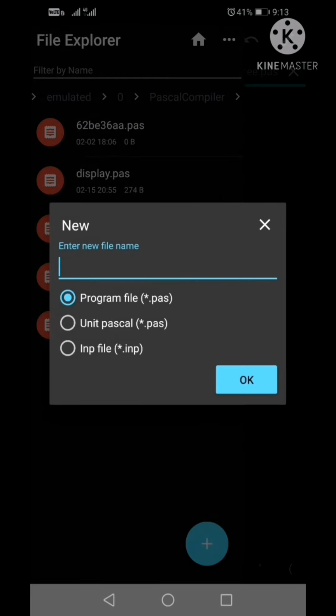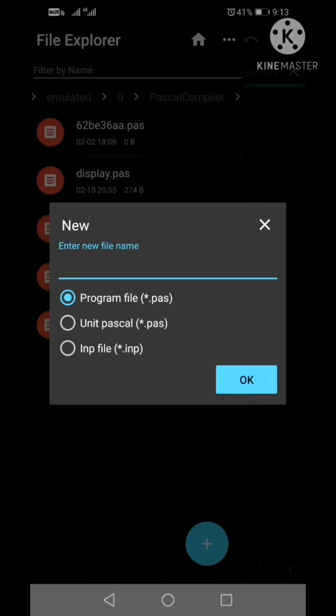Then you can see that there are three options available: first one, program; second, unit Pascal; and third one is INP5. If you decide to make simple Pascal related programs, just select the first one. I have already selected the first one, so let's go on with that.